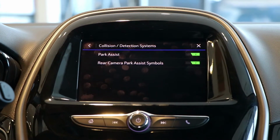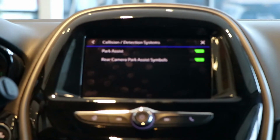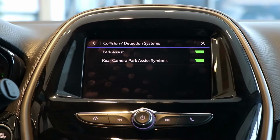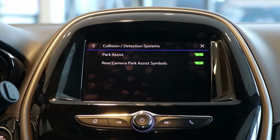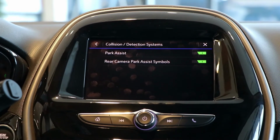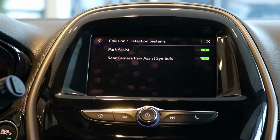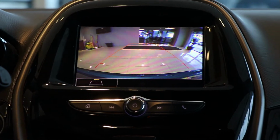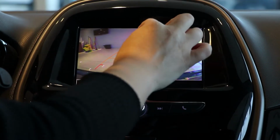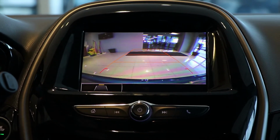So the park assist is just to let you know that you have sensors all the way around the vehicle, and if you're getting close to something, it's gonna beep at you. And the rear camera park assist, it's a little triangle that's gonna kind of scream at you when you're getting way too close. And I'm gonna show you what that does. So there's your camera, okay, and when you start backing up, the closer I get, you're gonna get that little triangle in there that's gonna scream at you to stop. Okay,